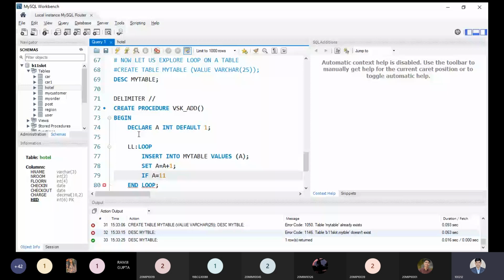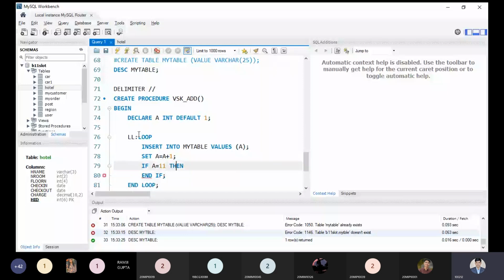That is a key term. So if a equal to 11, then leave the loop, and the loop is identified by its label, that is ll.